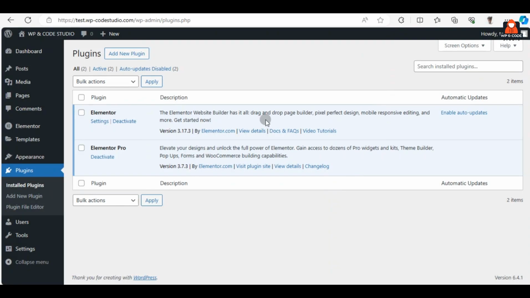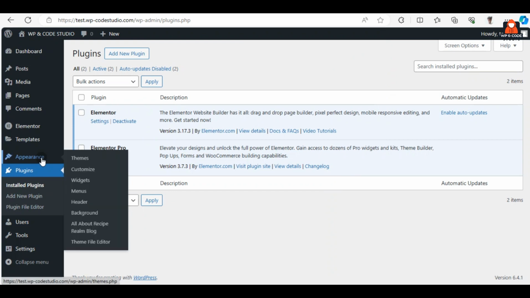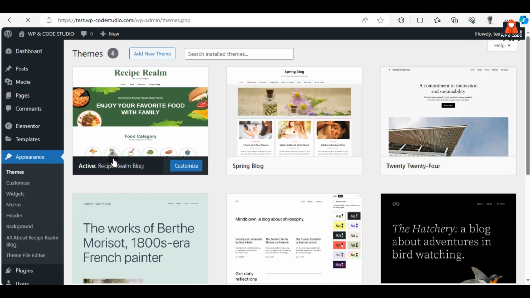In this second step we will see how to install a free or premium theme. For that we have to choose the theme option. So just hover on this appearance option, and under this appearance we can see so many options available here, but we need just one option, that is themes. So click on it, and inside these themes we can see so many themes are available. We would like to use these themes, so right now we will install a new theme for our website. For that, just click on this add new theme,